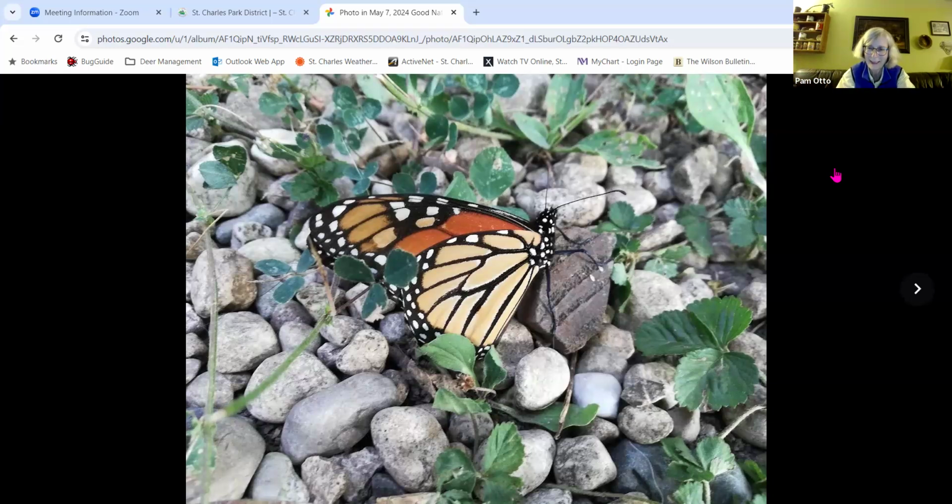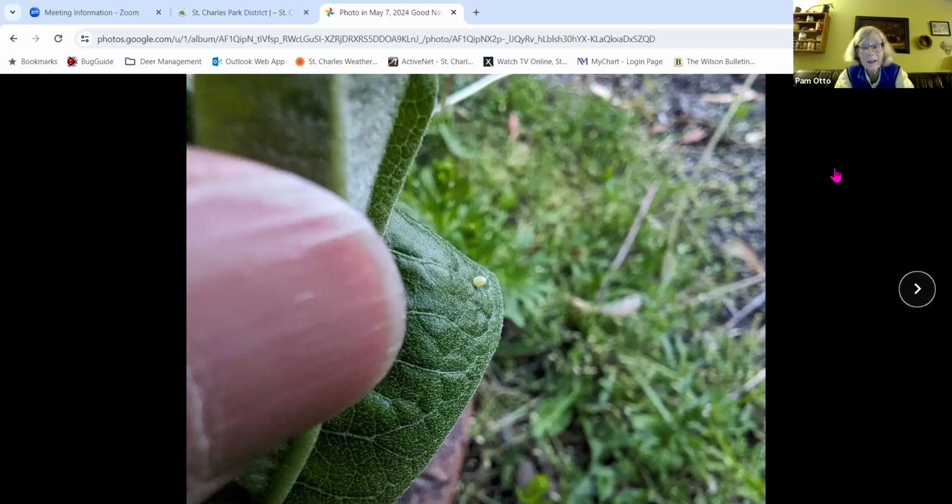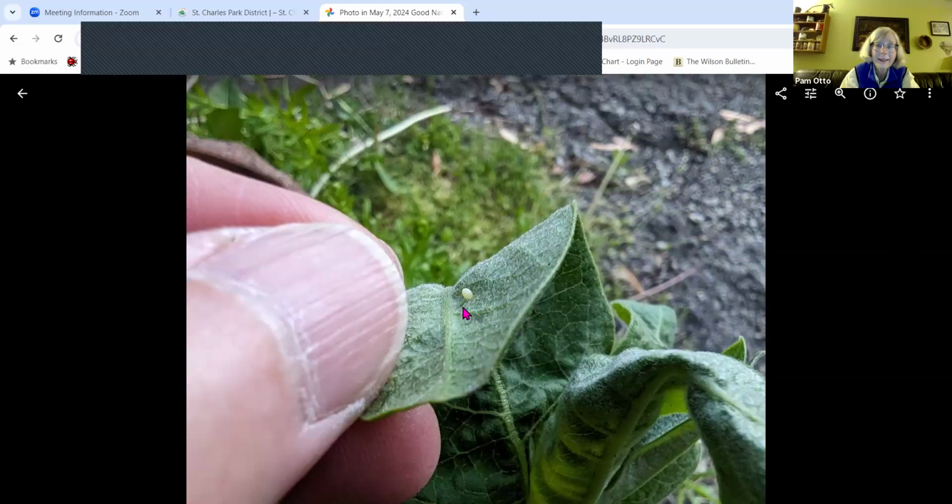It's in a crack, one of many cracks in my driveway. It was on a milkweed plant, and I looked the next morning, and look at this. There's not 1, but 2 eggs on that little milkweed plant in my driveway. Now, I don't know. I always associate monarchs with their arrival being later. I did look up,